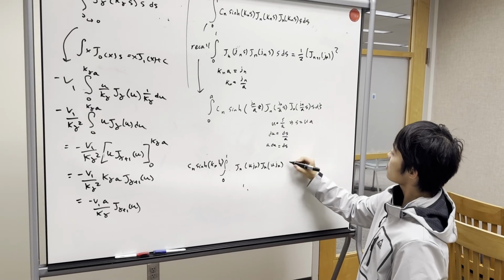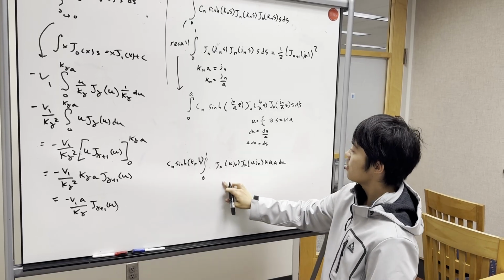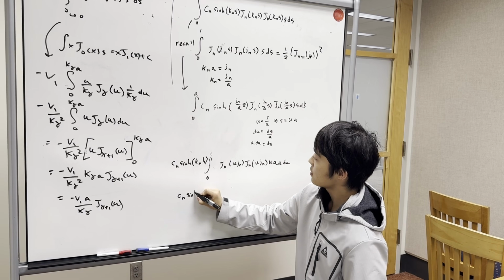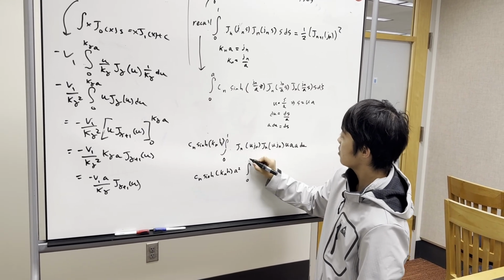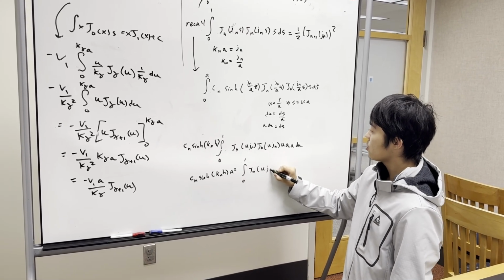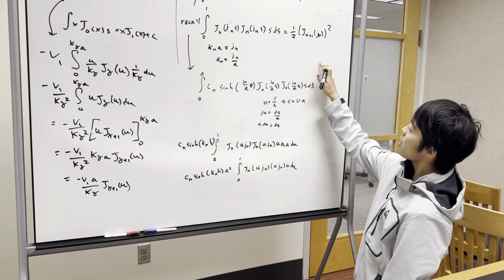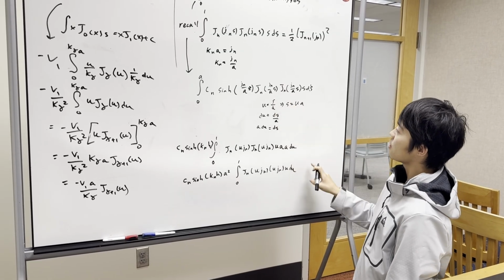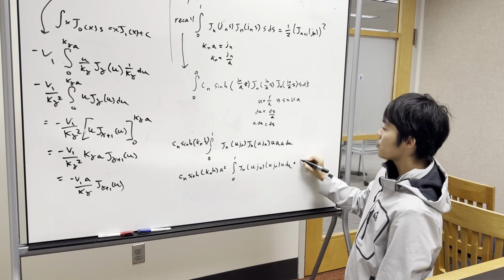then this s right here is ua, this ds becomes a du. We can pull this a squared out and then we'll end up with Cn sinh Kn h times a squared, integral of 0 to 1 of Jn u Jn u Jn u du. And we can just apply our identity here, where the result of this should be equivalent to this right here. So this is equal to